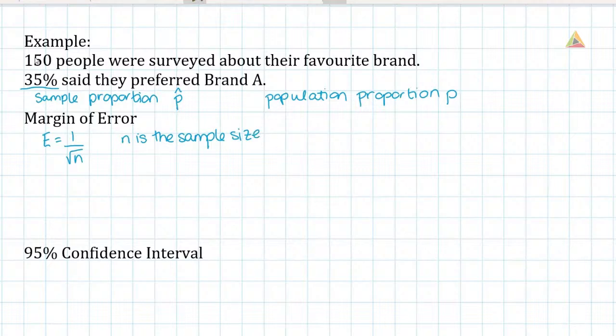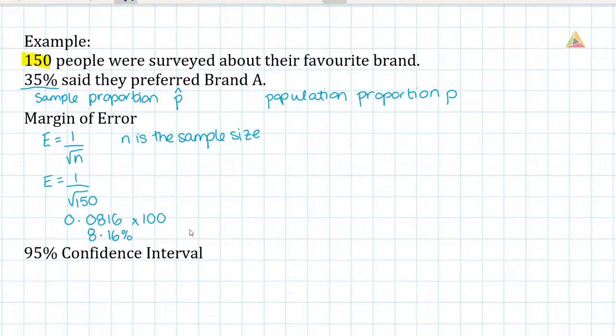So in this case, n is equal to 150. The error is going to be 1 over the square root of 150. And we can get that either as a decimal or as a percentage. As a decimal, that gives me 0.0816. But oftentimes we're going to convert these to percentages, so have a careful read of the question, because our example had a 35% in it. To convert decimals to a percentage, I'm going to multiply by 100, and that gives me